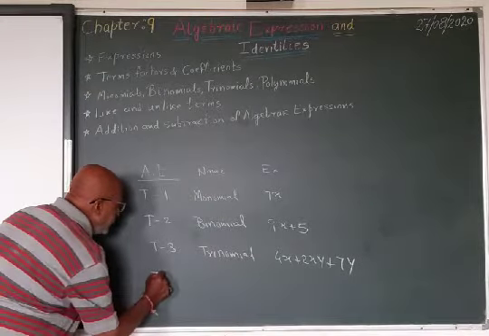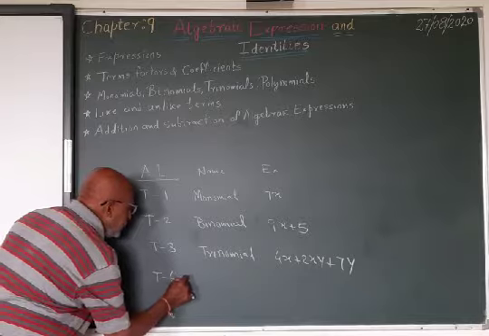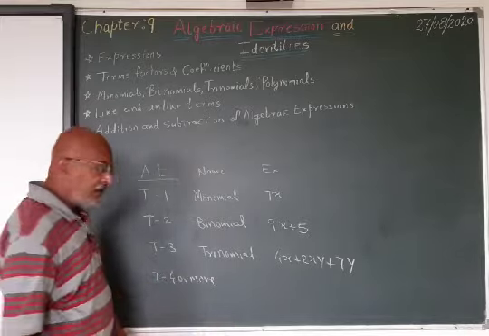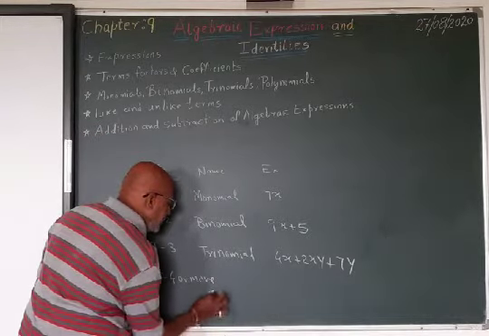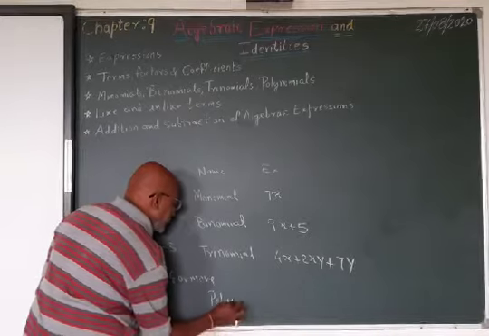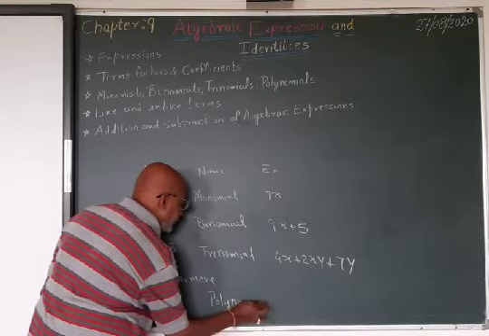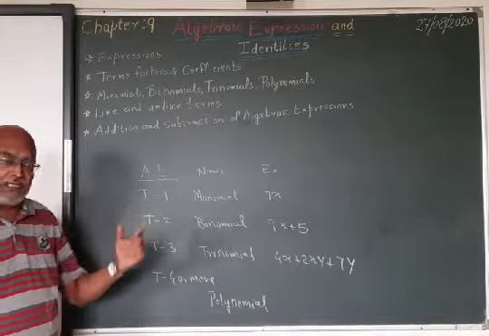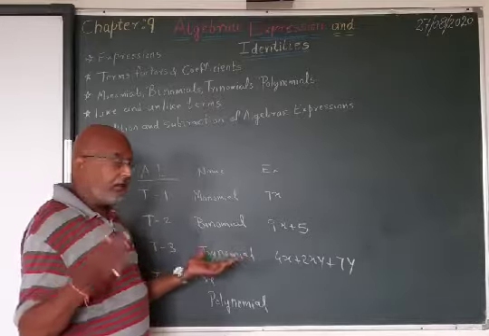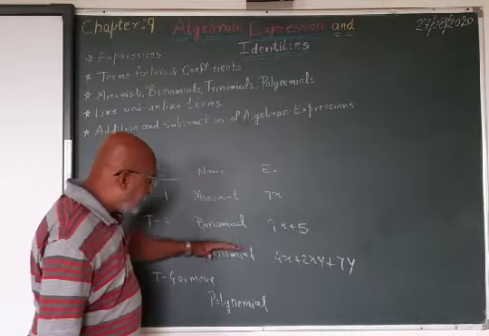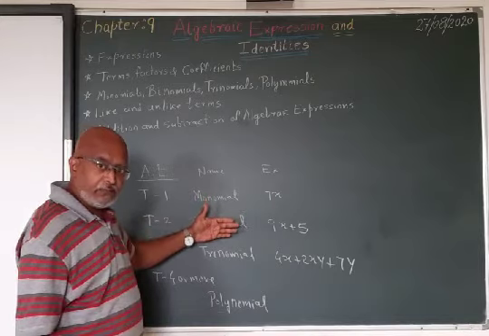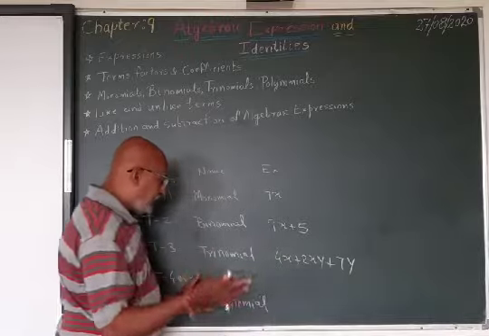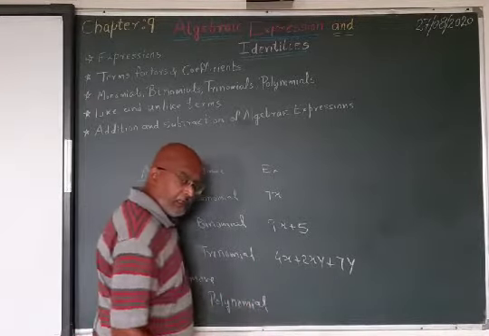But if the number of terms is 4 or more, then commonly it is called a polynomial. Now here poly means many, more than 1. Even the binomial and trinomial can be called polynomial. Got it clear? Polynomial: poly means many, nomial means term.